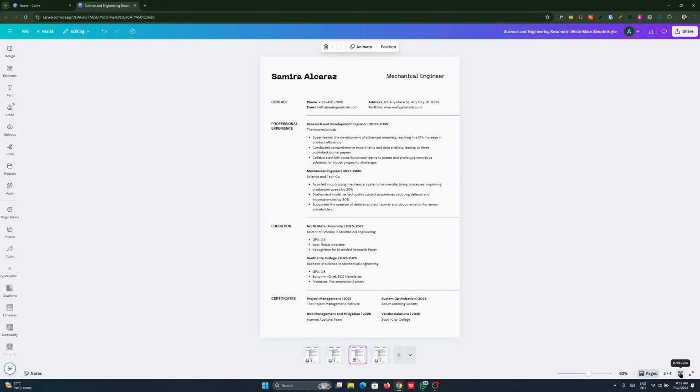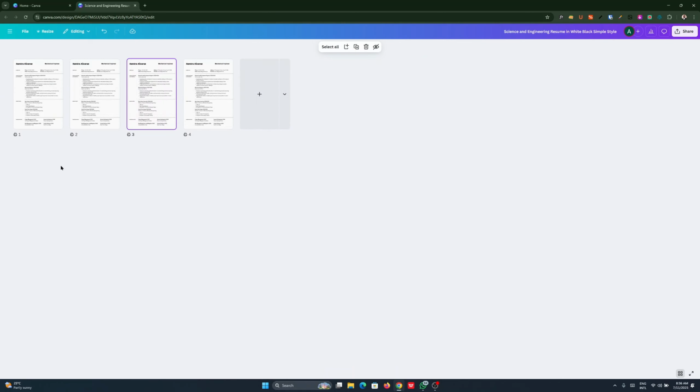There's another feature, that's the grid view. If you click on it, the grid view allows you to just place your designs side by side so that you can have one view of all the